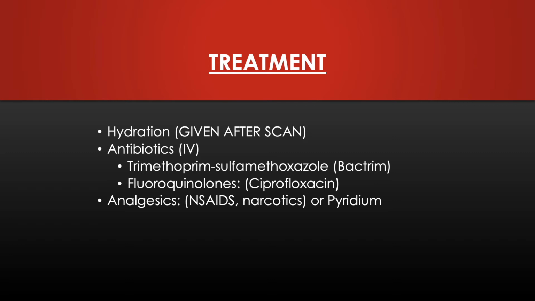Also, guys, analgesics are going to be used, such as NSAIDs, which are going to reduce pain and fever. Also, narcotics are used to reduce the pain, and pyridium, which is that urinary analgesic, is going to reduce dysuria, and it's going to cause orange colored urine. So again, we're going to want to educate the patient on the urine change in color so that the patient